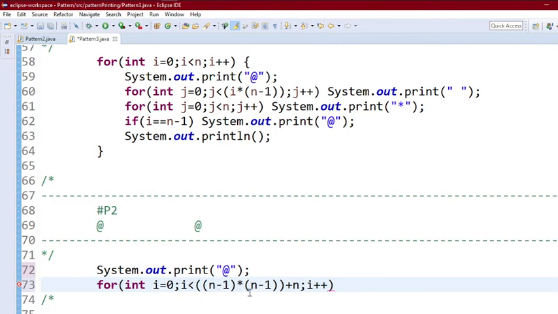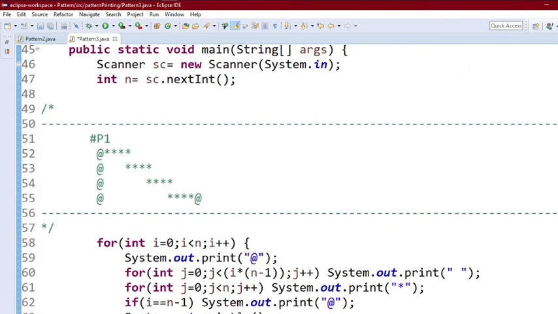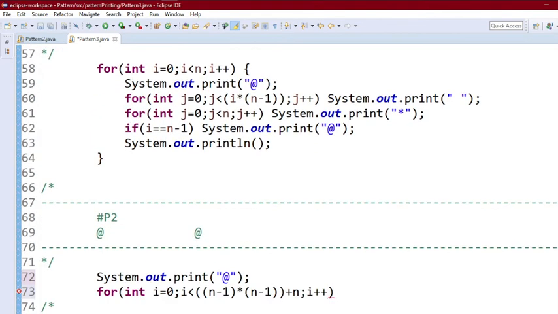N minus 1 into n minus 1, we are doing this because of these white spaces, and after printing these white spaces we have to print some extra white spaces, that is 4 white spaces. So this 4 is equal to the value of n, and that's why we are adding n at the end of this expression. Okay, I think we are able to understand it.